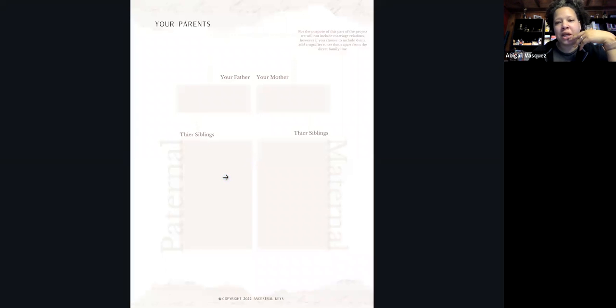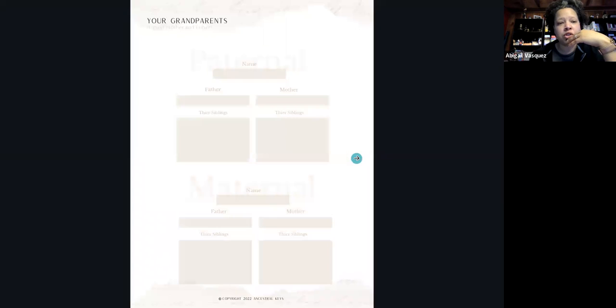Nicknames are really useful because sometimes when you're doing research, you'll start to understand, oh, his first name was Glenn, but he went by Dale. So all of his legal information within census records might be under Dale. It's just a nice way to write this down, so you don't have to continue to second guess or hoard that information in your brain. You can get it on paper as you move forward through your research.